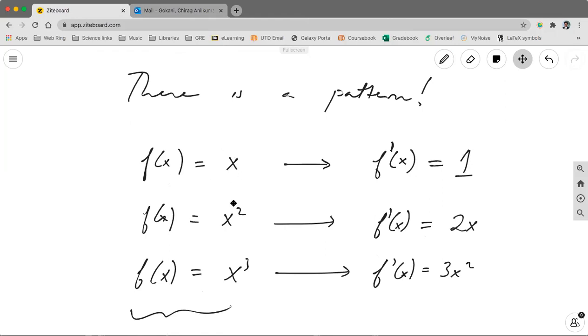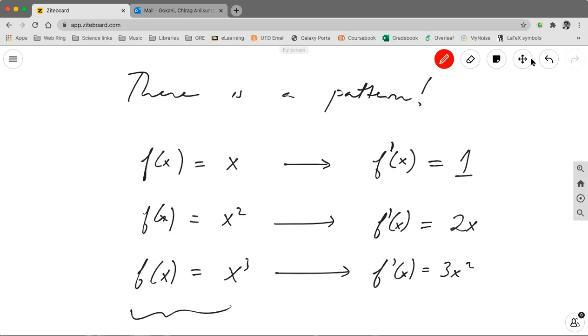The first thing going on is that the exponent, so for example, the 2 here, becomes the coefficient of the derivative. Similarly, the 3 here became the coefficient of the derivative. And the second thing going on is that the exponent in the derivative becomes 1. The 3 here became a 2. So the exponent gets lowered by 1, and the coefficient, the number multiplying in the derivative, is the